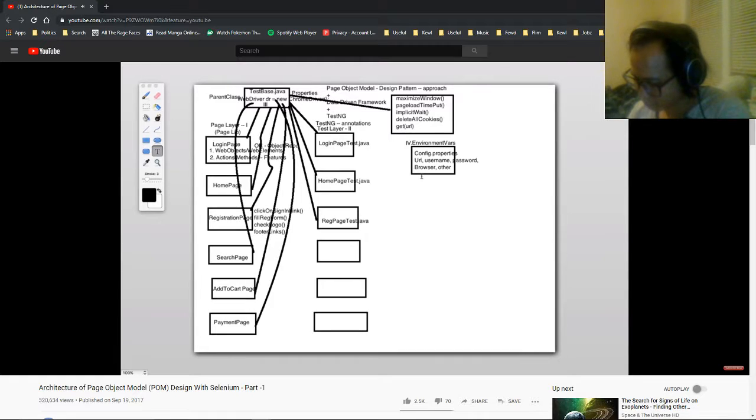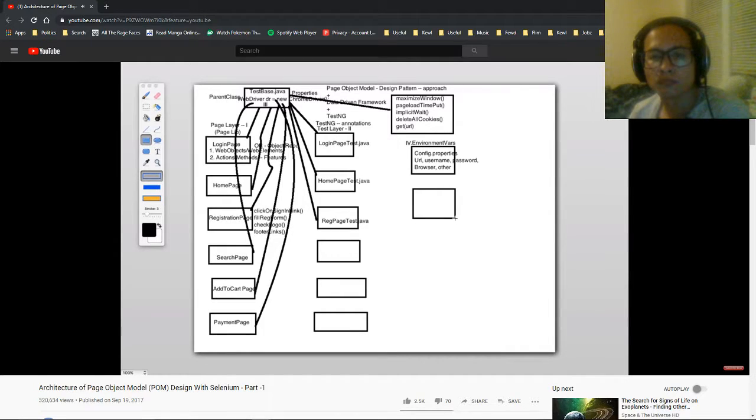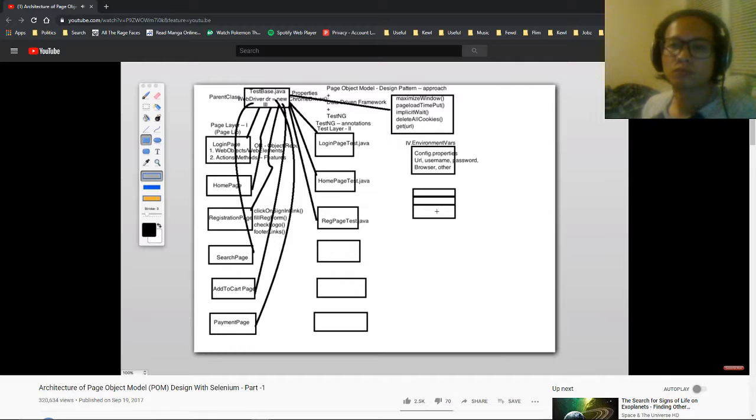Fine. So okay, apart from that, now where will you store your data? We will store our data in Excel files. So this is my Excel file, okay? An Excel file will be in the form of rows and columns, right? So in the Excel file I'll define my data. So these are my Excel files,